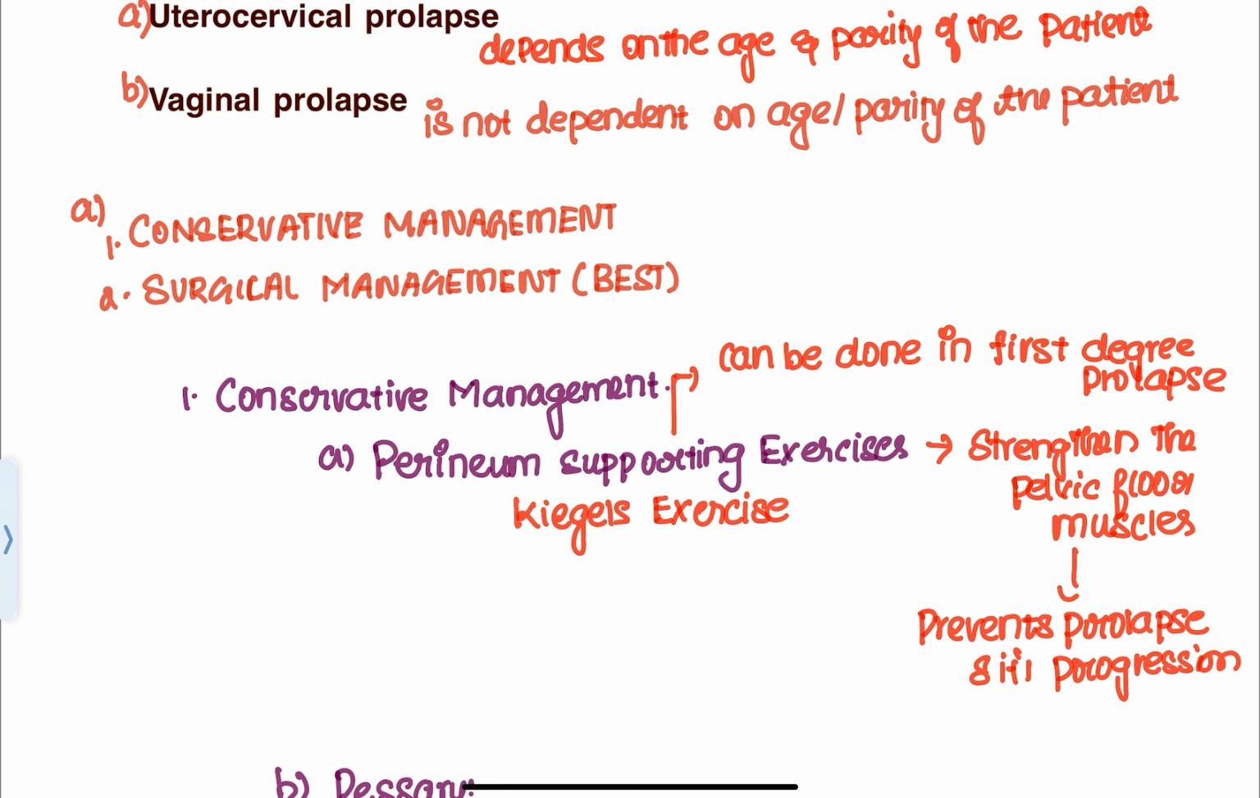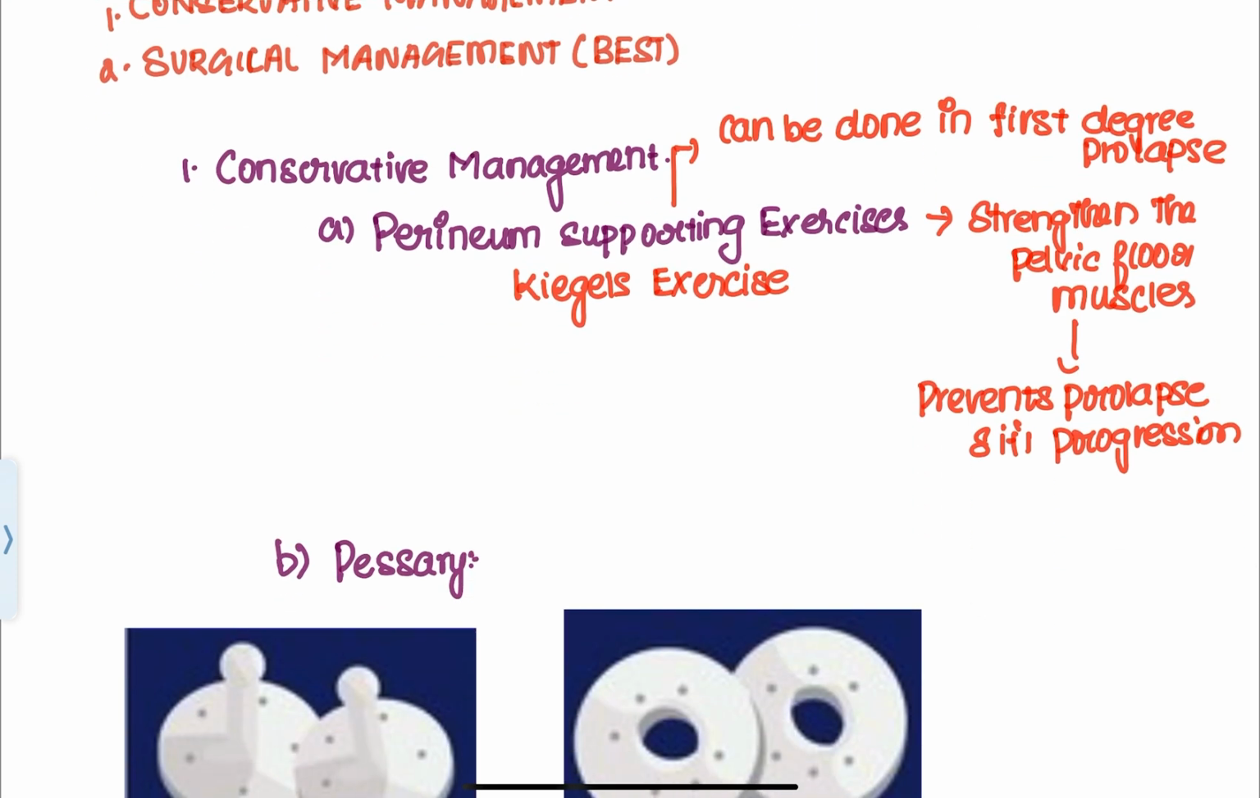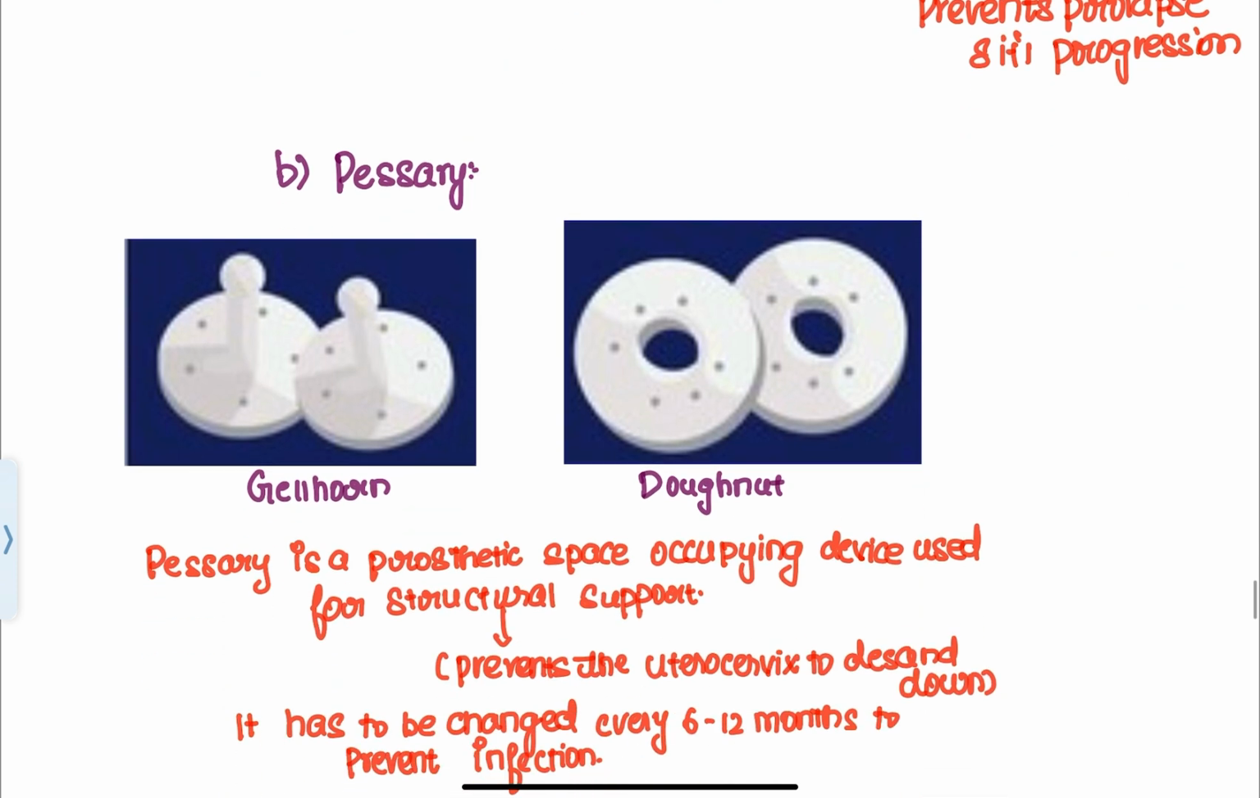So for that reason only, we are advising females who are pregnant and who have delivered the fetus to do this Kegel's exercise, because doing this Kegel's exercise is going to support the perineal musculature. So once the perineal muscles get strengthened, the chances of prolapse will be decreased in such females. So conservative management consists of this Kegel's exercise, and it consists of a device which is known as pessary,